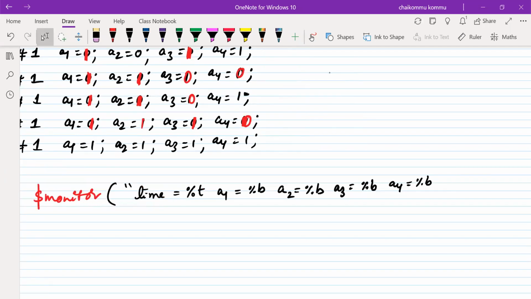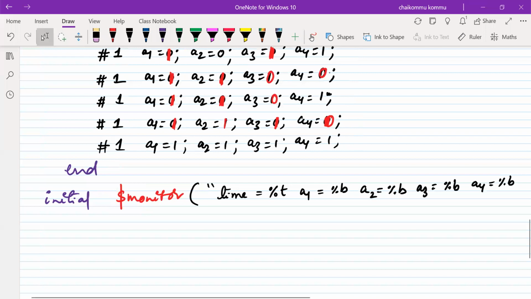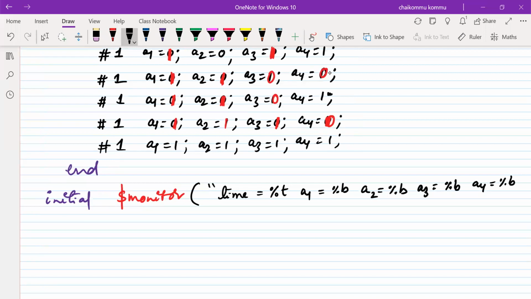We can write it on separate lines, but I want to write it on the same line. Therefore here I am writing a4 is equal to percentage of b, y equal to percentage of b.